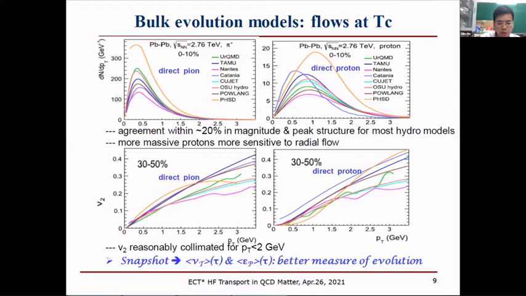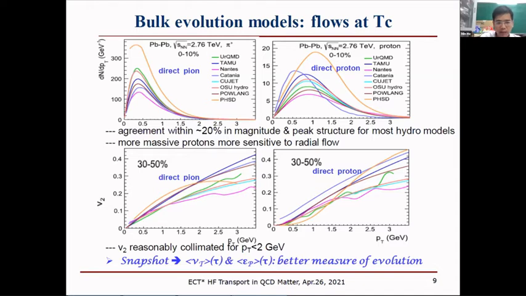And the V2. For V2, there's a reasonable agreement between different models up to like 2 GeV. You can say that in mid-central collisions. Also for proton. So as I said, this is only a snapshot of the bulk evolution model at TC at